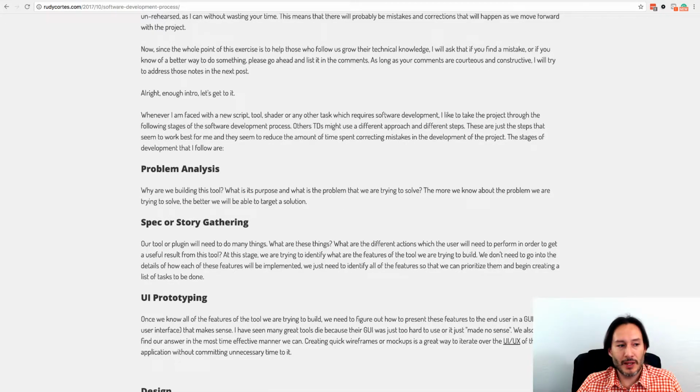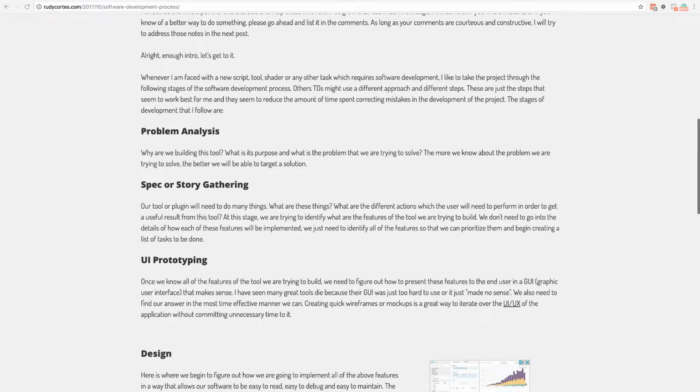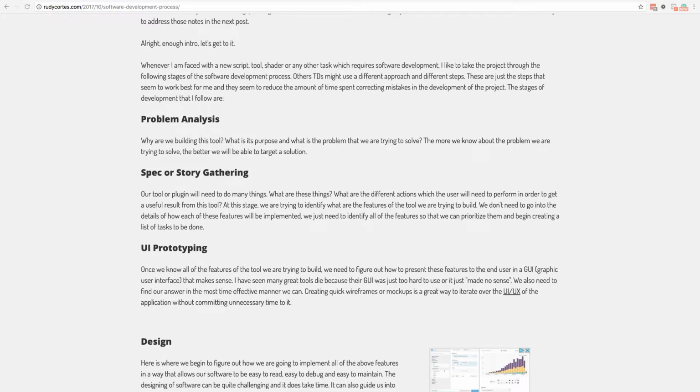Usually the first thing I do is go into a stage that I call problem analysis, which is basically where we try to make sure that we understand what it is that we're trying to build. You would be surprised how many times people already have an idea of what they want to make, and with very little thought behind it, they just go ahead and start writing things. This is very exciting because once you get an idea in your head, all you want to do is put it on paper, or get it done. But I have found that a lot of times you end up making some mistakes or bad assumptions about what you were trying to do in the first place.